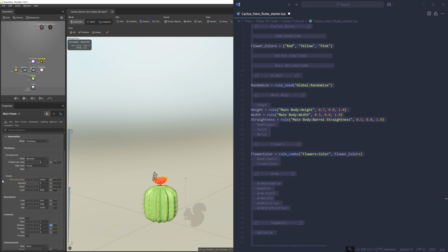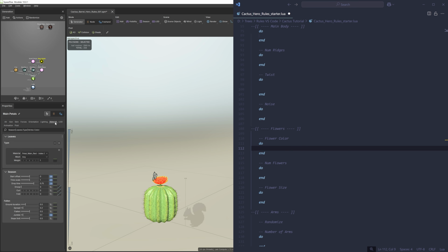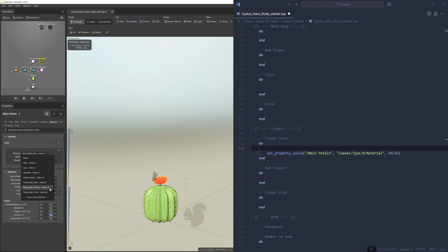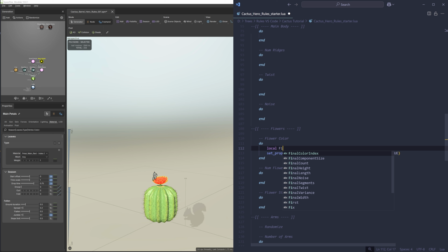Okay, let's work on the body of the rule. We can first go to the main flower petal generator's material property and copy edit line for script. Next, we'll need to pass in the correct material index to the set statement. So I'll make a variable. Then we'll need a way to link together the indices from the drop-down menu to the correct material index.